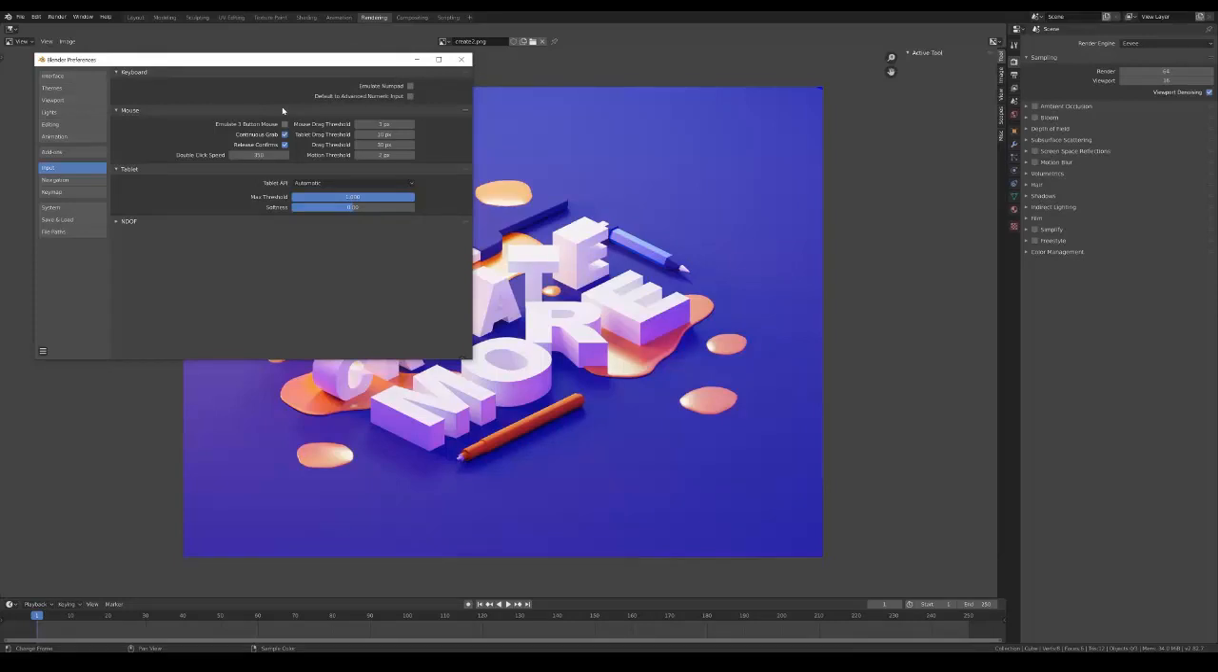And I went over these a little bit in the sushi episode in the initial setup. So if you're, for example, on a Mac and you're using the Magic Mouse, go check out that